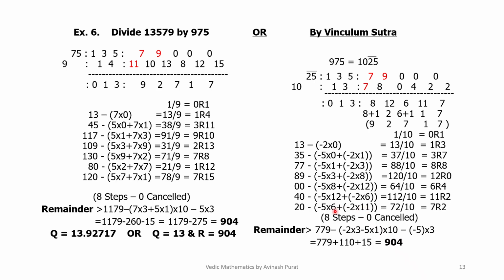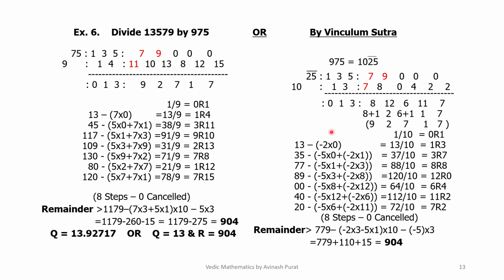22 plus 30, 52. 52 plus 20, 72. 72 divided by 10 equal to 7 and remainder 2. So here also you get 8 steps and none is cancelled. Remainder is